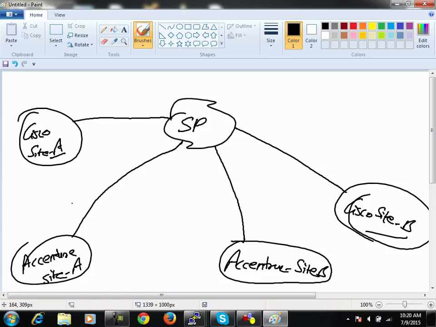Fine. Now let's assume that Cisco is using private networks over here, and Accenture is also using private networks. Cisco in another site is also using private networks. Accenture in site B is also using private networks, and it might be that they are using the same private networks. Now if you are using a common router at the end of the service provider, for all